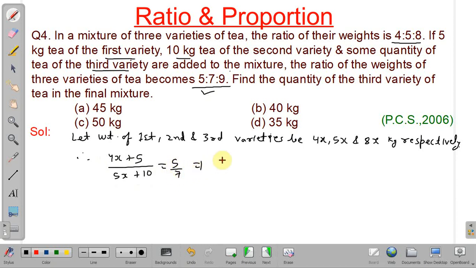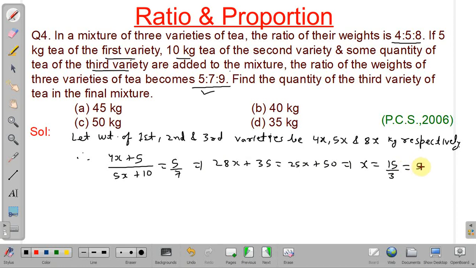So from this we can calculate the value of x. It will be 28x plus 35 equal to 25x plus 50. So from this we will get 3x equal to 15, or x equal to 15/3,